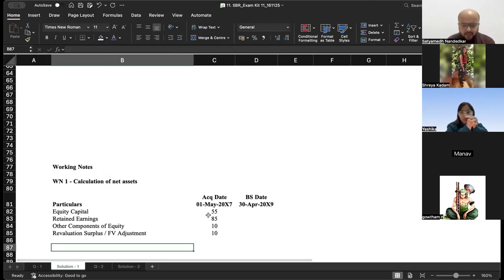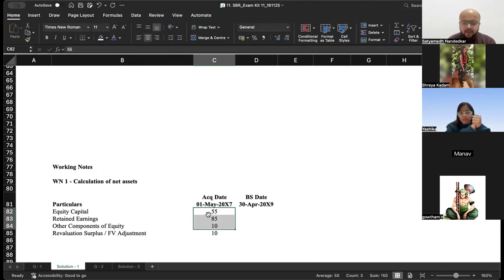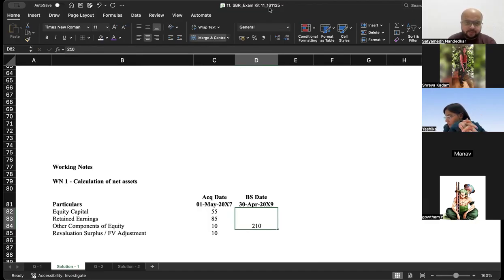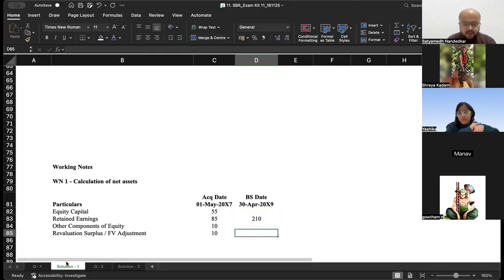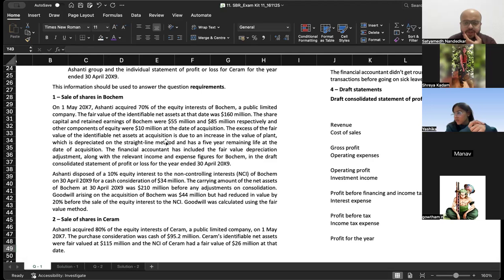adjustment. Okay. So these three, equity capital, retained earnings, other components of equity, this is 210 million. And then of course, what is this 10 million fair value adjustment? The excess of the fair value of net assets at acquisition date is due to an increase in the value of plant which is depreciated on a straight line basis and has a 5-year remaining life at the date of acquisition. The financial accountant has included the fair value depreciation adjustment along with relevant income and expense figures